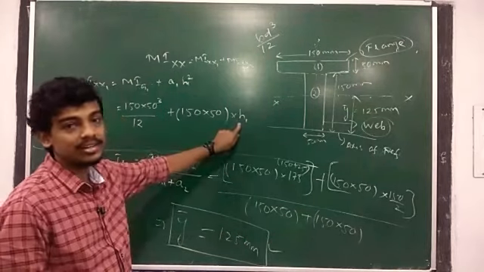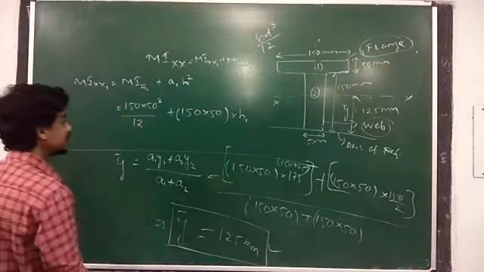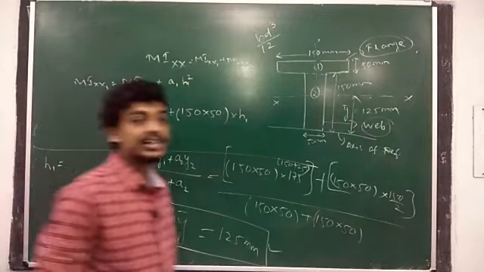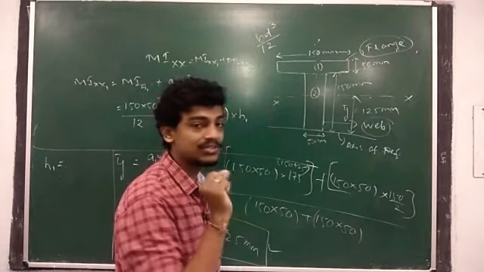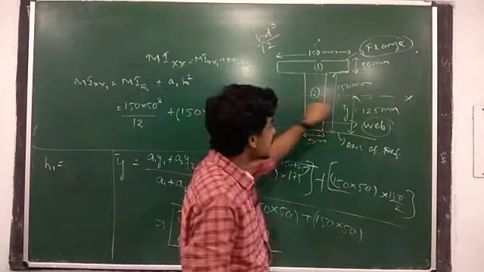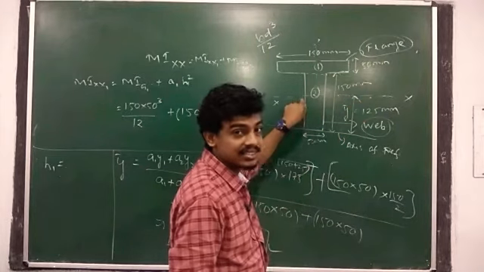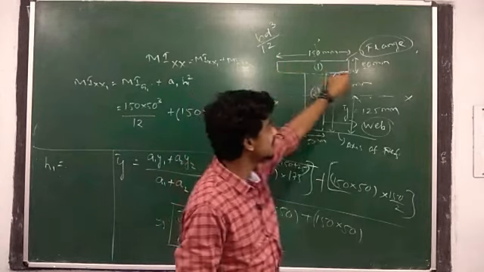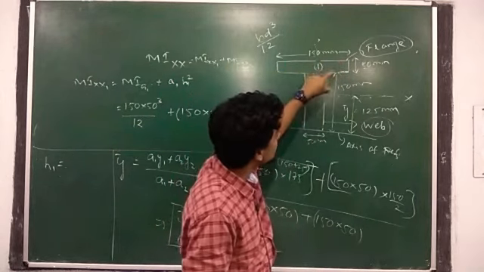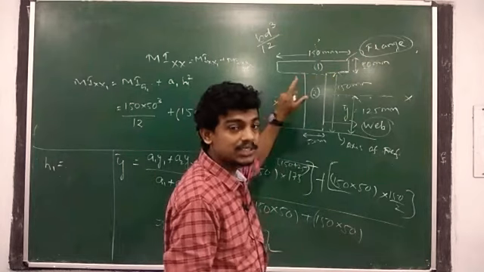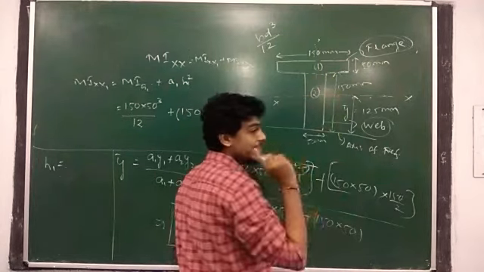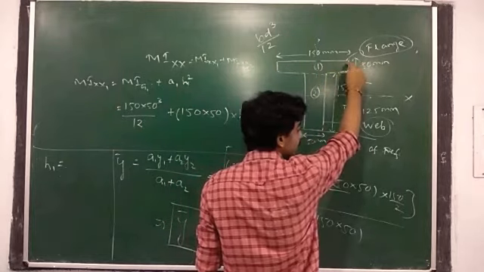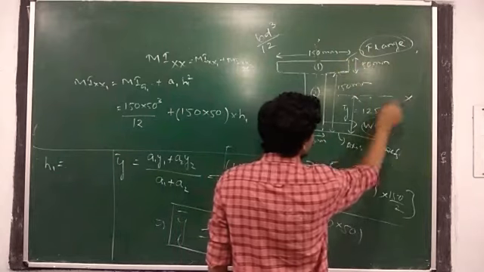Now you can calculate your h1. How to calculate h1? Here I am writing h1 means I already told the centroidal distance of that area to the central axis where it should be calculated. Means here we are calculating moment of inertia from this axis to our central axis of that area. Here central axis lies 25. So 25 plus this much. This will be our h1. So h1 means, again I am repeating, central axis of that area to the axis where it should be calculated.